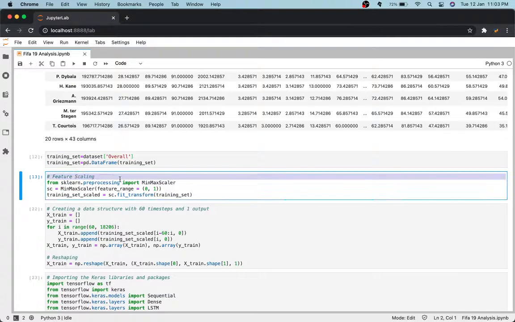Then we have just done some feature scaling with the sklearn library. The model is built with TensorFlow, but the feature scaling and some of the data processing is done with sklearn. The reason why I did not use TensorFlow for the feature scaling or tokenization or anything like that is because TensorFlow makes it kind of difficult to do all of that data processing.